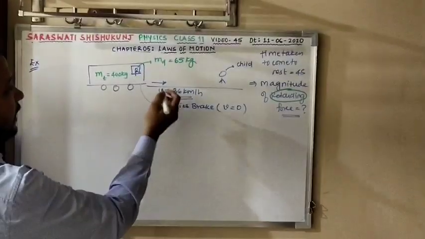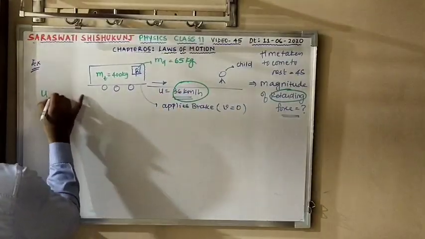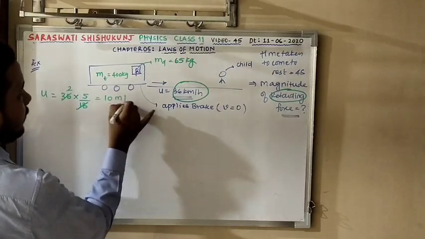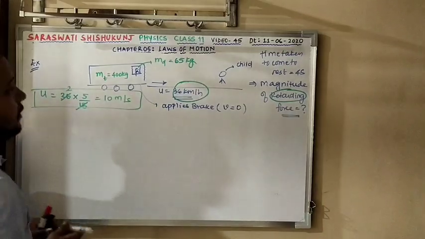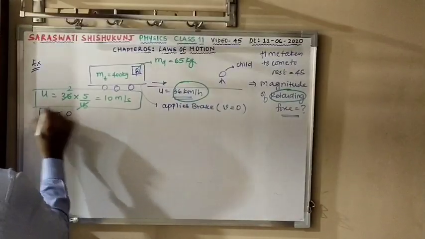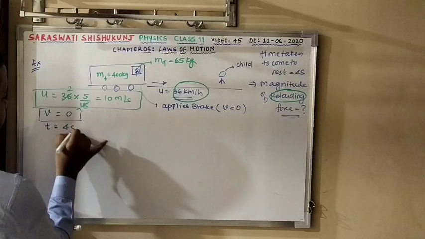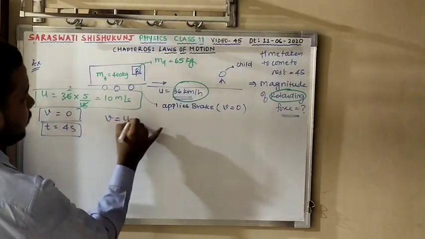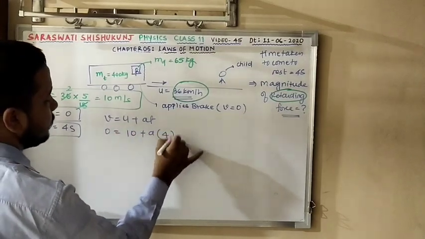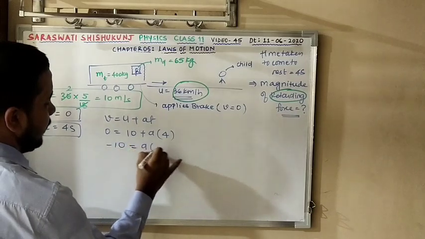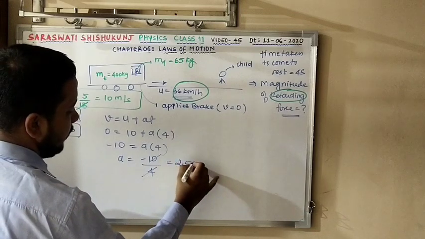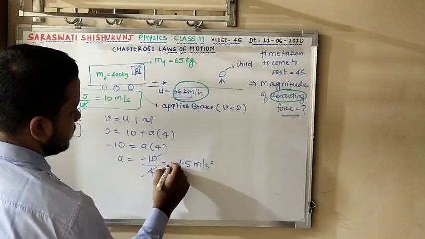Fine. So first thing, I will convert the 36 km per hour into meter per second. So 36 into 5 by 18, I have already told you. 18 2s are 36, 5 2s are 10. So your answer is 10 meter per second. Final velocity I already have, that is 0. u I have. Time I have, 4 seconds. Can I get acceleration? v is equal to u plus at. v is 0. u is how much? 10. Acceleration I don't know. Time is 4 seconds. So I get 0 minus 10 is equal to a into 4. So my answer for a is equal to minus 10 by 4. That is how much? 2.5 meter per second square. But remember, your answer is negative.